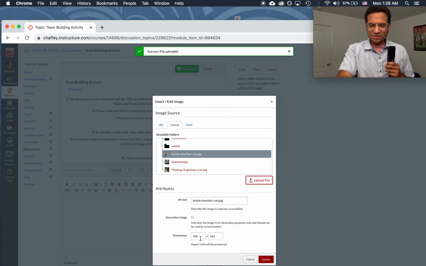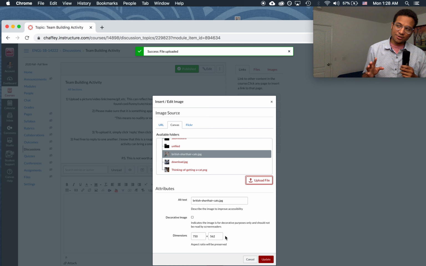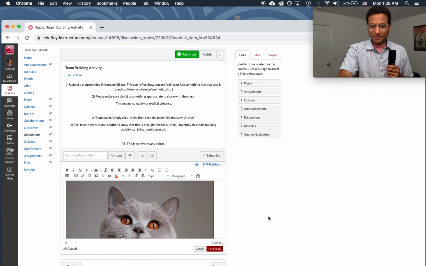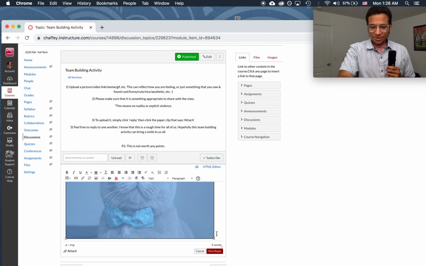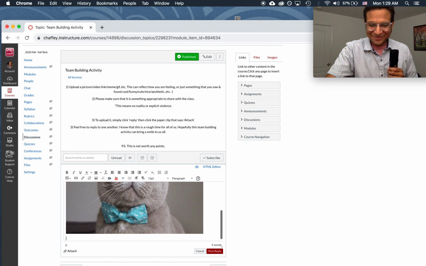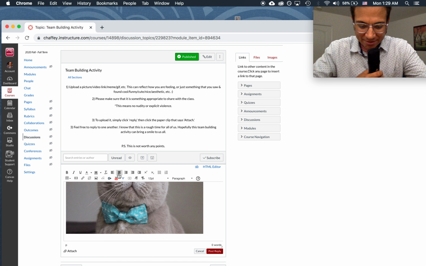Here's if you want specific dimensions. Honestly, I wouldn't mess with that, because I'm going to show you an easy way. You can just click it, and here you can play with the dimensions manually. Okay, so there's my cat, and with that, I'm going to put the cat,